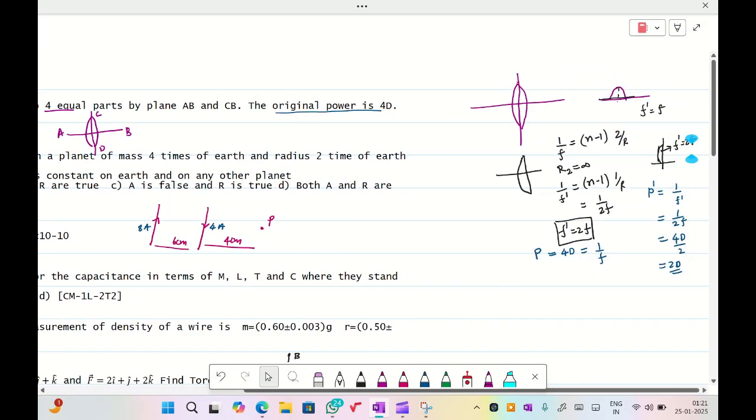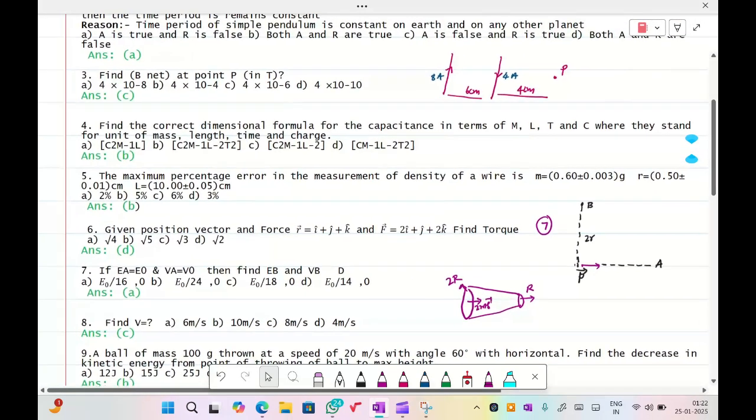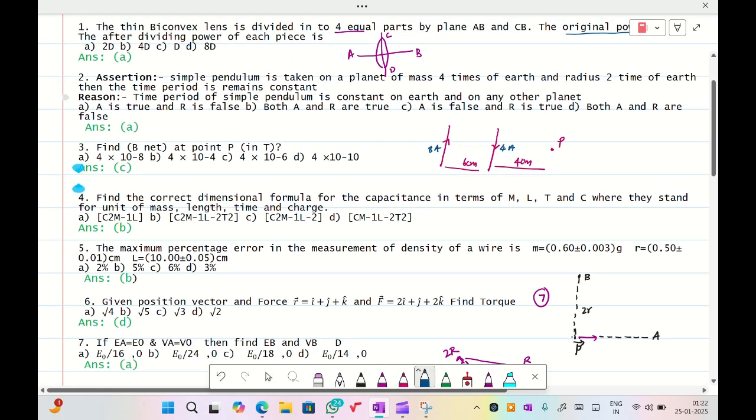So next, coming to the second question, the assertion and reason question. Simple pendulum. The time period of a simple pendulum, you people know, is equal to 2 pi root over L by g. It is taken to a planet of mass 4 times that of the Earth and radius 2 times that of the Earth. So that means